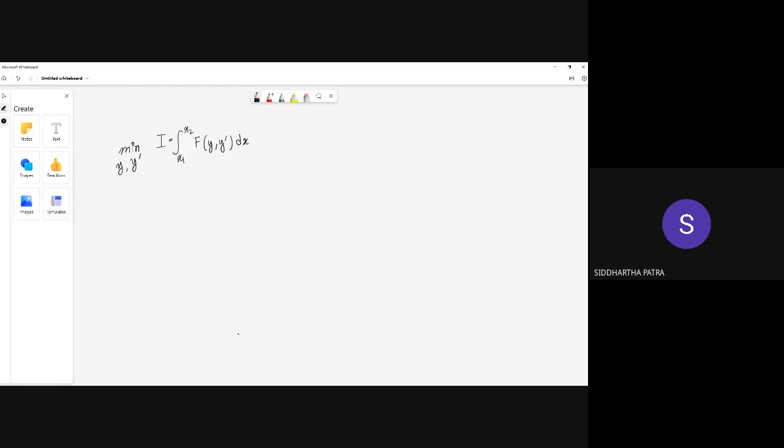So we use the formulation y tilde, which is essentially the optimum solution that we do not know, plus epsilon times eta of x, where eta we refer to as a variation, and this one was a scalar, which basically means epsilon is from the set of all real numbers. It can be positive, negative, zero, etc. And this variation makes y tilde an admissible function.